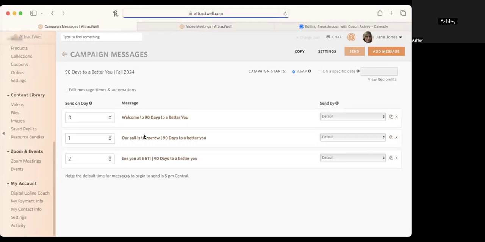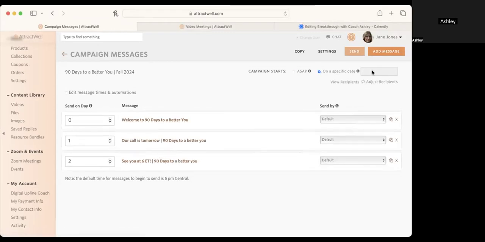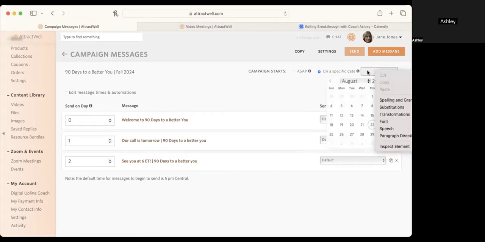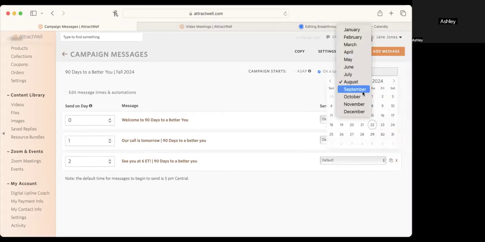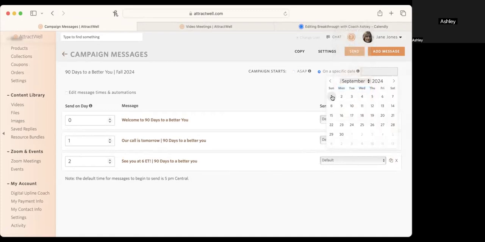All right, so this is what they get right away. This is what they get the day before. This is what they get the day of when it's time for them to hop on the call. So what we need to do is, based on the day that our program starts, and since it's fall 2024, it's going to start in September. I want them to get a reminder the day before we start. We are going to start, let's say, on a Tuesday. Right, so we'll meet Tuesday evenings at 6 p.m. Eastern. So the day before that, when we get the reminder,